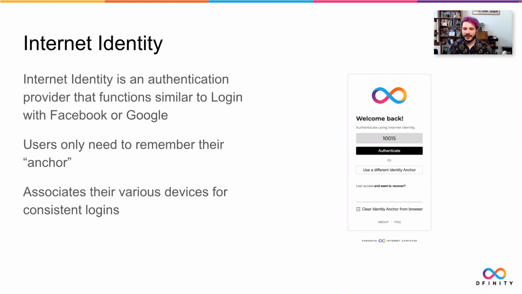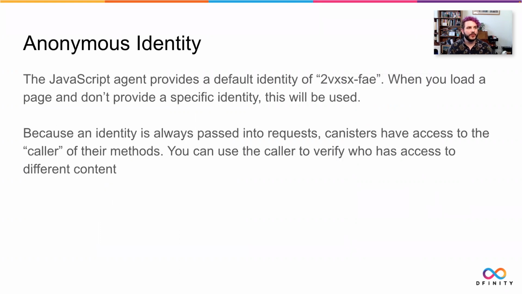And it's basically just like an anonymous OAuth solution. So how does this work with internet computer applications? By default, when the JavaScript agent is going to interact with any canister, any call to the IC, you need to package an identity that's going to be used for signing your calls. We start with a default identity whose principal will evaluate to this little string here ending in